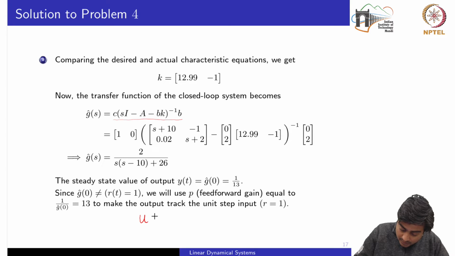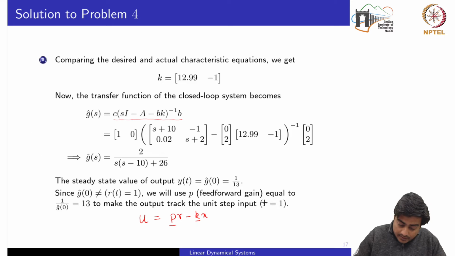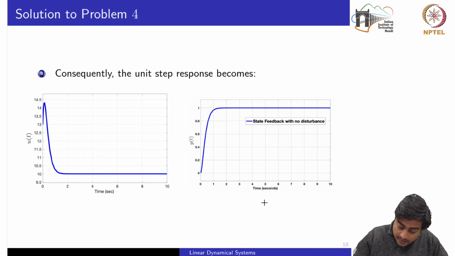So the control input or the control law would change to PR minus k times x, where k we have computed, which ensures the stability, and now we want to compute the p such that r would become equal to y. Okay, so since we know the DC value, and we can put the DC value as the inverse of this value, which is 13, to make the output track the unit step input r is equal to 1. This we can see in simulations also, that once I put the controller as u is equal to PR minus kx, the output of the closed loop system tracks the reference r is equal to 1,